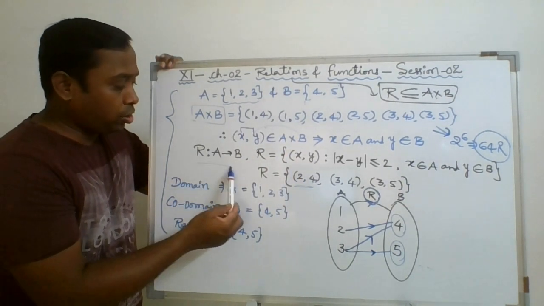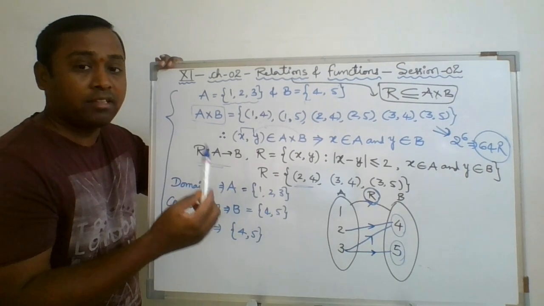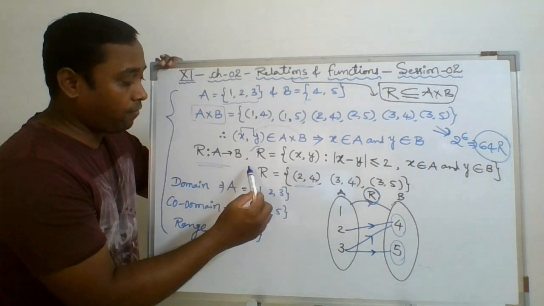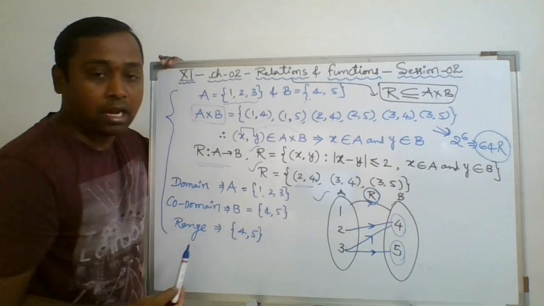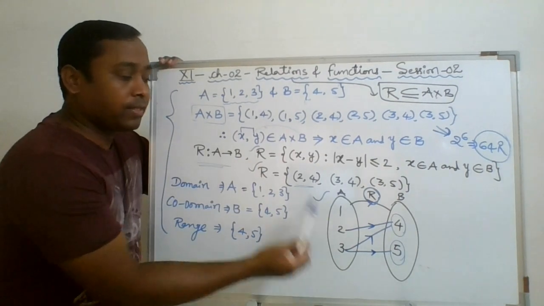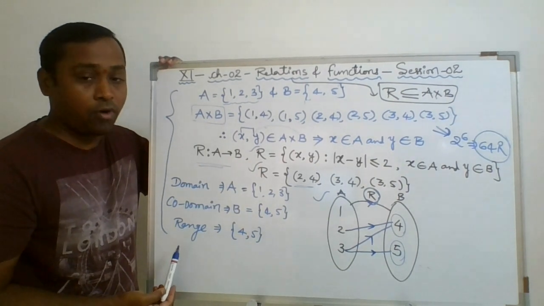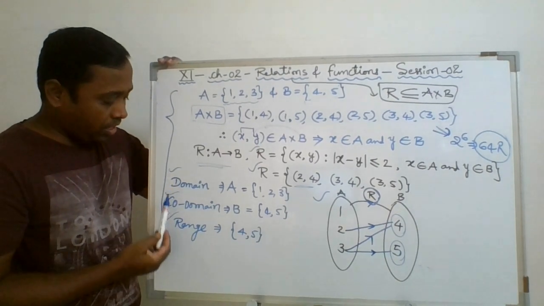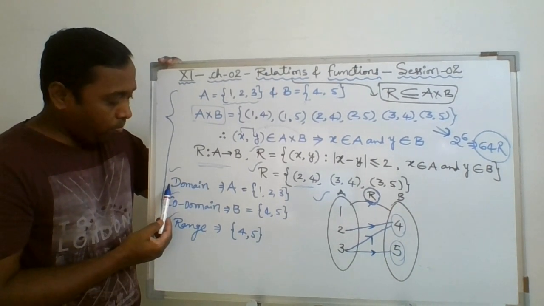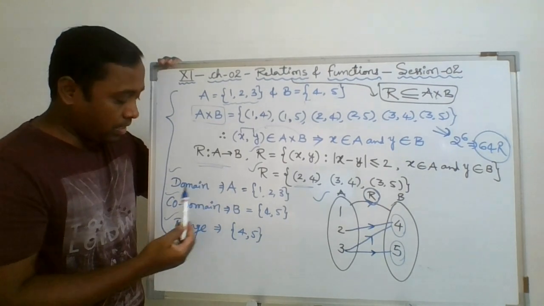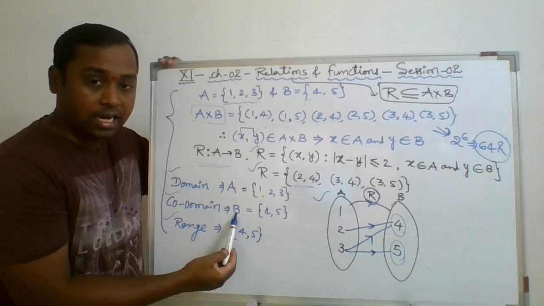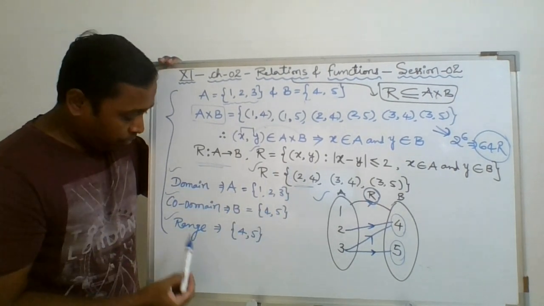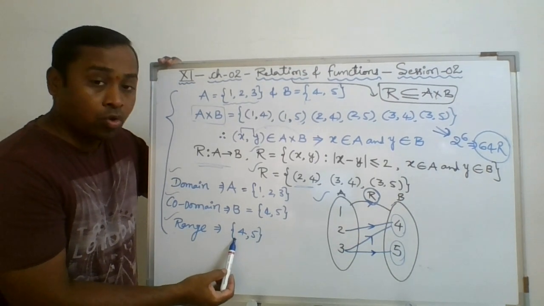Now, that relation can be expressed in three different forms: set builder form, roster form, and ray diagram form. After expressing this in the various forms, you may write the three terms: domain, codomain, and range. Domain means the set of first elements, codomain means the set of second elements in the relation R. Range means the set of those elements